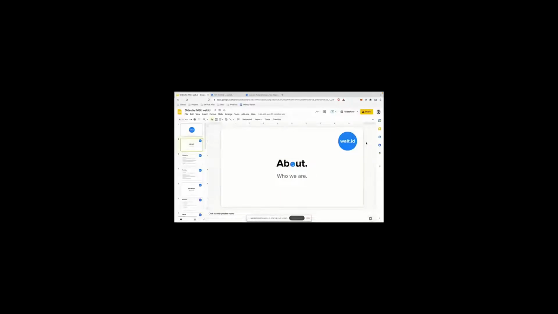Cool, awesome. So about us, we're a European company, and we're basically on a mission to enable developers and organizations to build identity into the web and their applications. And as a company, we're very much focusing on self-sovereign identity. So that's what we're doing on a high level.